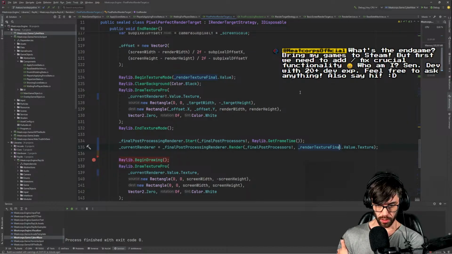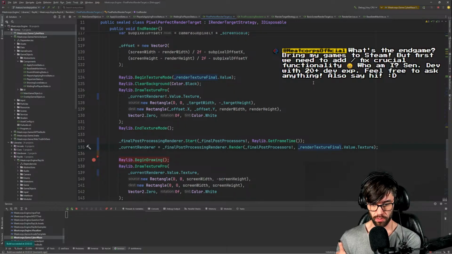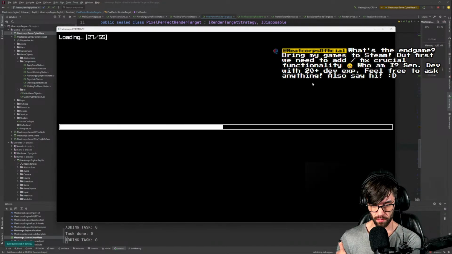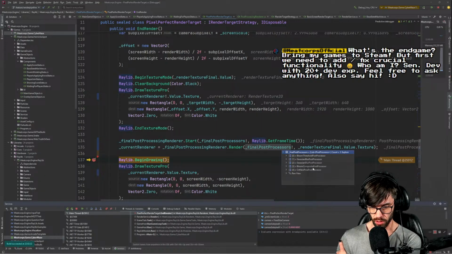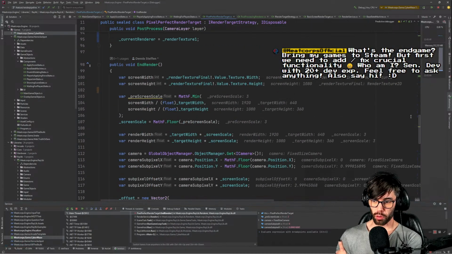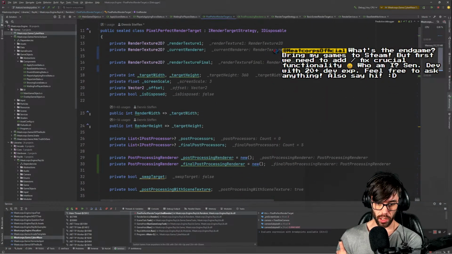Which one are the final post-processing and which one are the normal renderers is the question. There you go. So the final ones are the bloom, the Gaussian, and the CRT. And the normal post-processing ones are